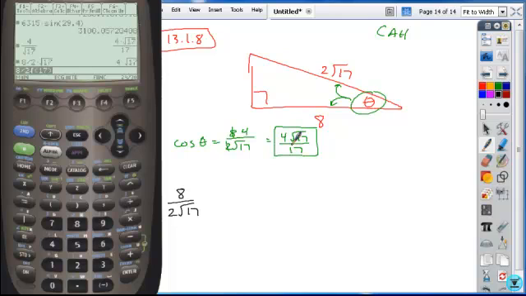The reason is your calculator trusts you to identify order of operations, otherwise it's going to use the rules for that. The way that we entered this, 8 divided by 2 times root 17, there's no priority between multiplying and dividing in order of operations. Therefore, if you have a sequence of those operations, it'll move from left to right. So your calculator thinks it needs to divide 8 by 2 first, giving you a 4,